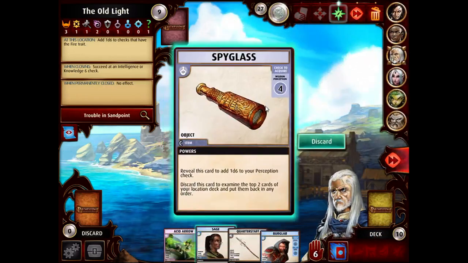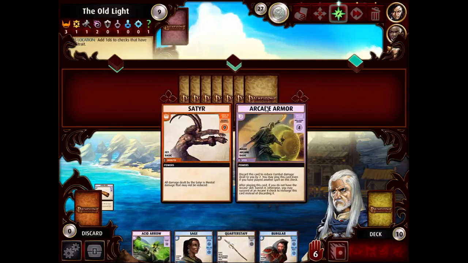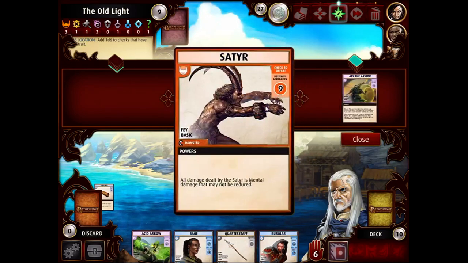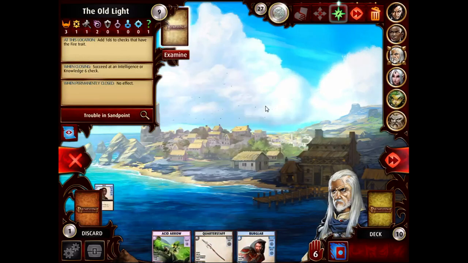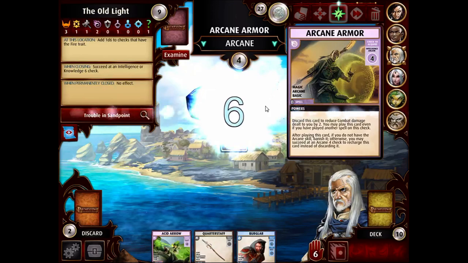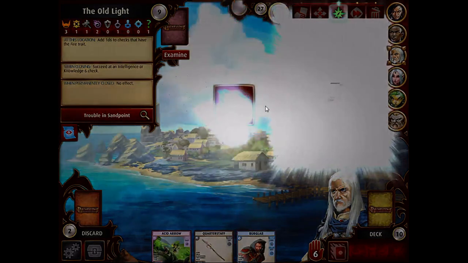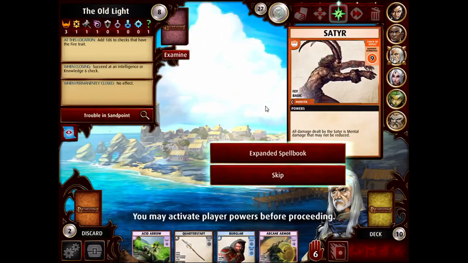But what I'll do is I'll Spyglass now and see what's coming up in here. We have Arcane Armor and a Satyr. So a Satyr is pretty straightforward. It's just a 9. And if you fail, bad things happen, but you really shouldn't fail against this. So what I'm going to do is I will, in fact, discard my Sage to explore again because I'm auto-succeeding at the Arcane Armor, so I'm getting 2 explorations out of the way. And it's nice because I get to use up Acid Arrow. And,